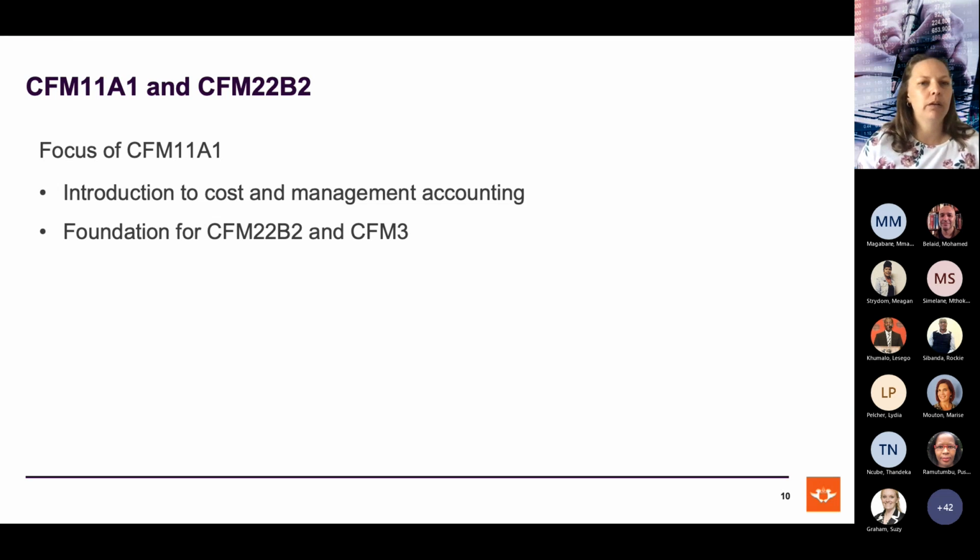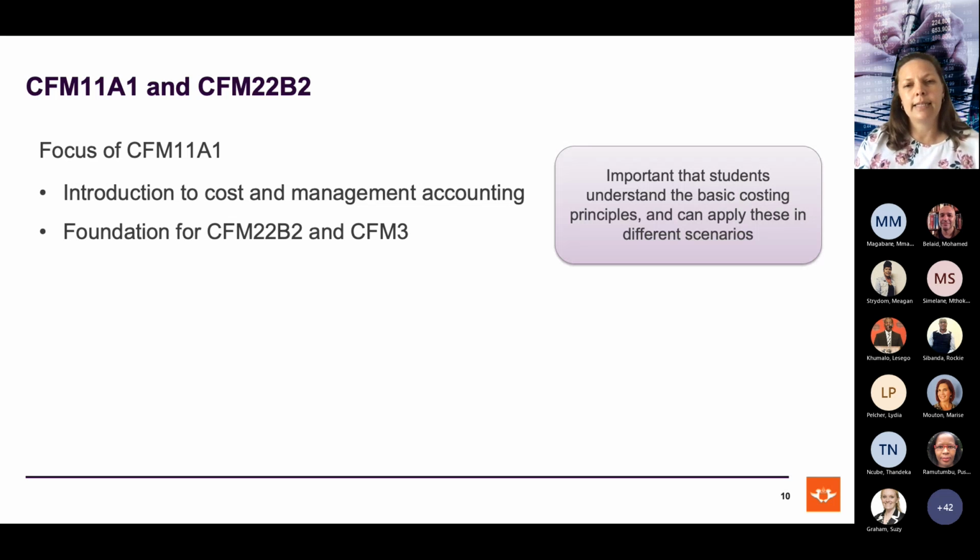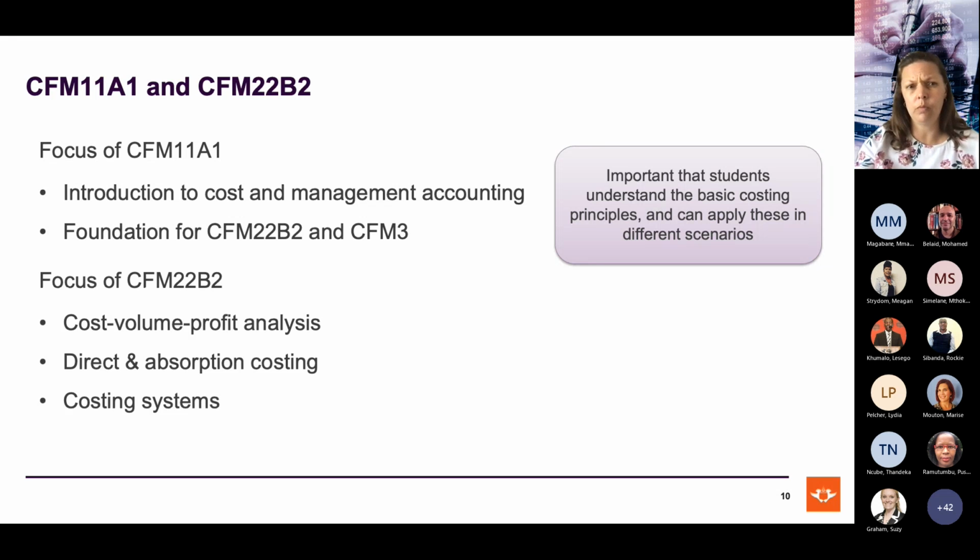CFM 11A1, so that's your cost and financial management, is focused on introducing students to cost and management accounting. So it lays the foundation for what they do then in their second and third year. And this is important, that students understand these basic costing principles so that they can then apply these in different situations and scenarios. So CFM 11A1 is our first year, first semester module, where CFM 22B2 is then the second